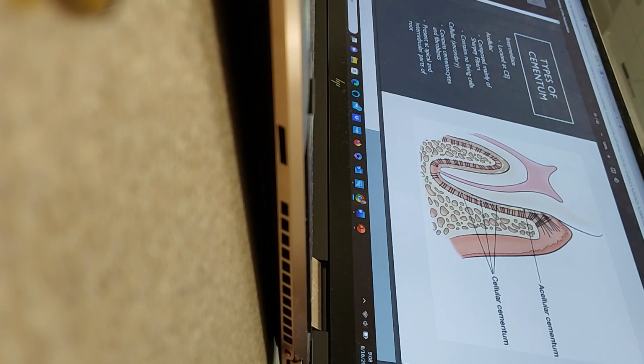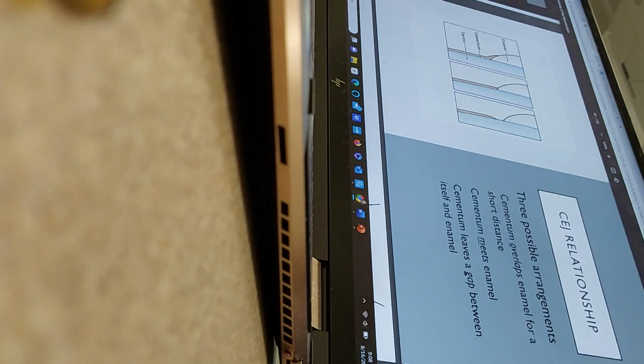All right, you guys already know this. There's 3 possible arrangements of the CEJ. We kind of looked at the CEJ earlier in a small way, and how the junctional epithelium attaches. Regardless of how this happens, the junctional epithelium still is